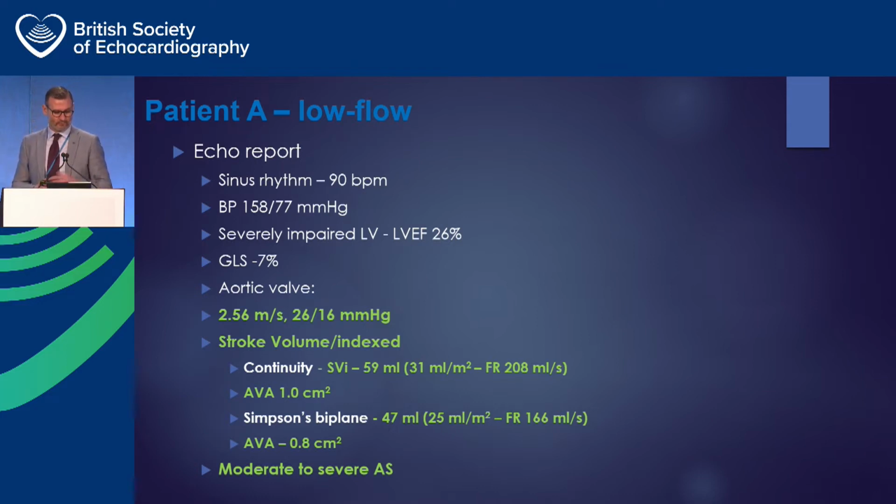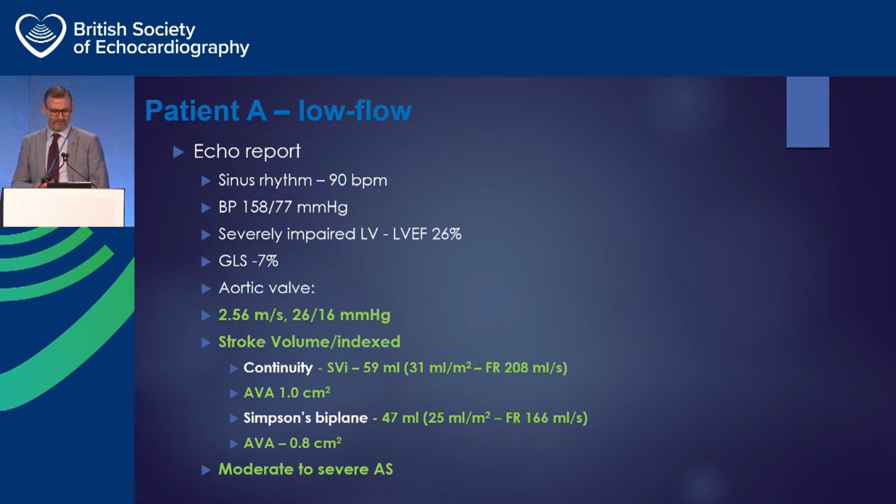And with this stroke volume, we calculated the valve area to be 1 centimetre squared. However, because we thought this was inaccurate, we calculated the stroke volume by Simpson's biplane method. And this we calculated at 47 mils with an index of about 25, which we thought was probably more consistent